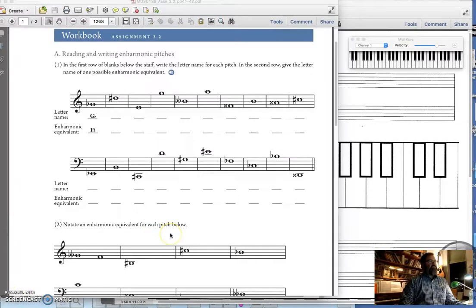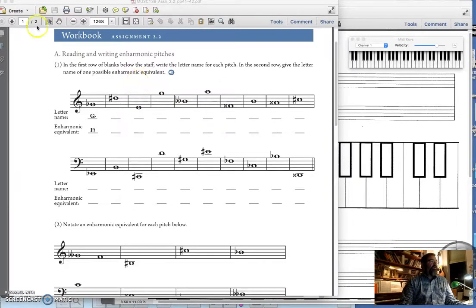Hey there, continuing here with chapter 2 items, moving right along to assignment 2.2 and making some sense of really the nitty-gritty, sometimes hardly ever used points of notation in the pitch world: distances such as half and whole steps, things like double accidentals, double flat, double sharp, as you see here right off the bat in assignment 2.2, and